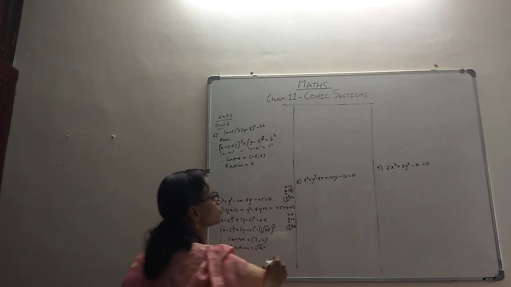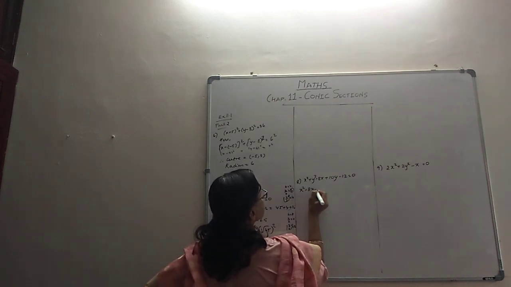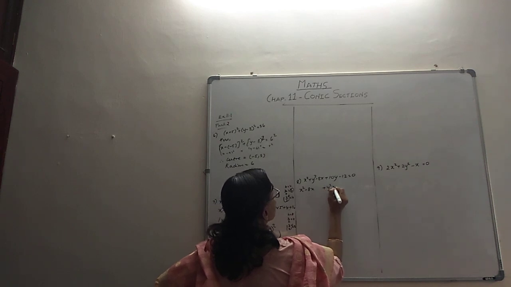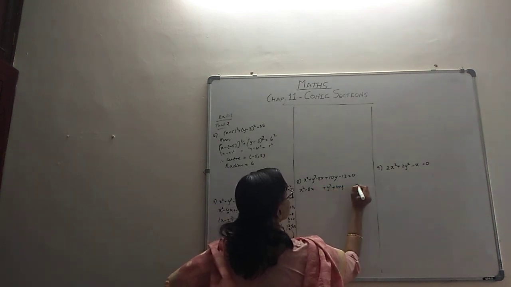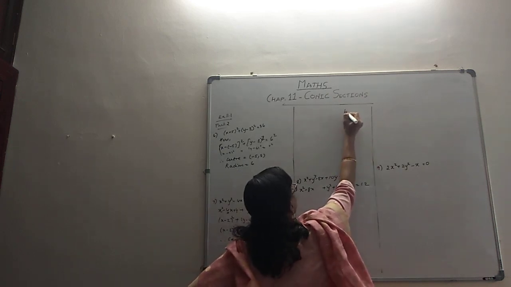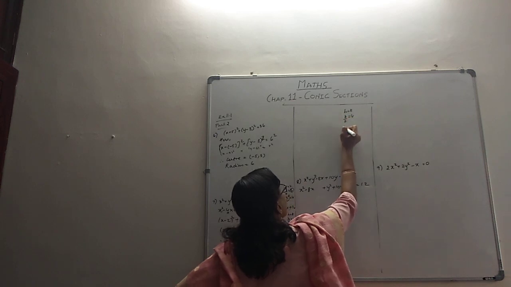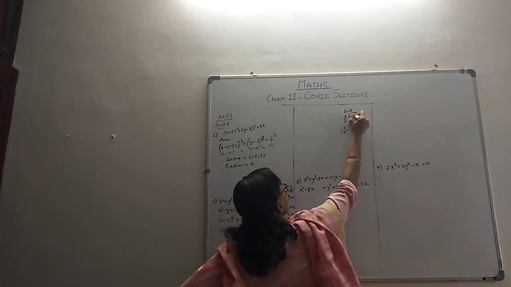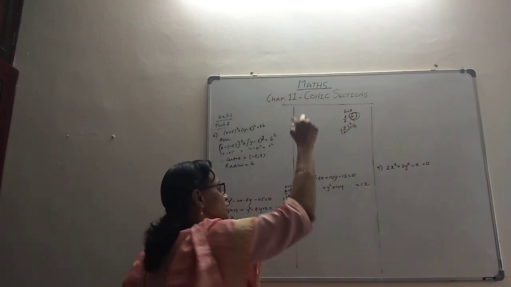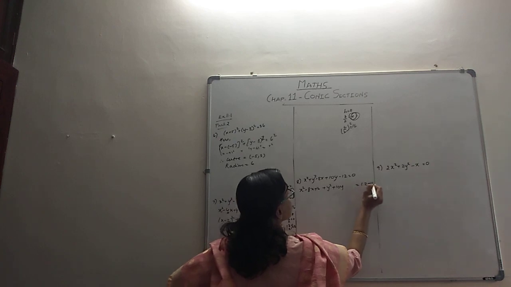Let's quickly go to the next question, the 8th one. Same way we are clubbing things together: x squared minus 8x, then y squared plus 10y, and we're pushing the 12 to the other side. This we are calling b. b is 8. So your b by 2 becomes 4, and we are looking at b by 2 squared, which is 16. This is our favorite because that's going to give us the whole squared. We are going to add 16 here, so we will add 16 on the other side also, so that we don't change the value.